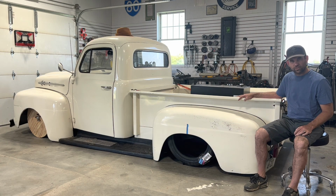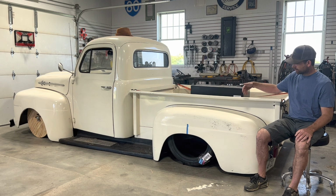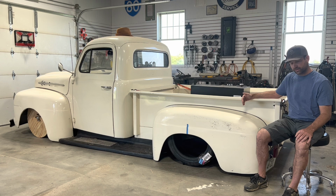Alright, this time on Mrs. White, we're going to work on the rear suspension. We'll build the step notch kit. I put the bed on and we're testing fit to make sure my centers are correct. I want to make sure that step notch gets placed where the axle will be centered on it,